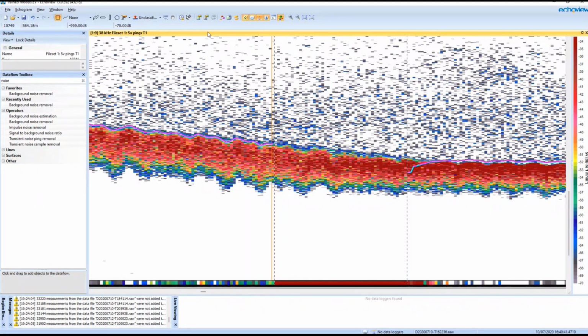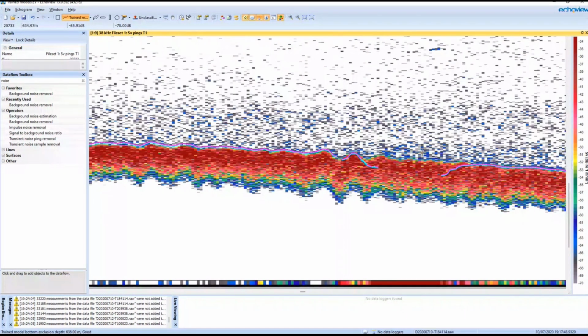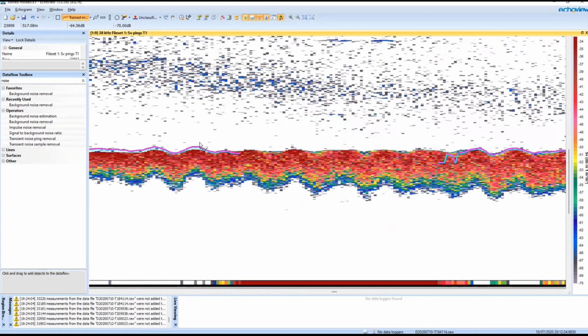I can very easily fix that by just doing a little edit across. In this case, because we're interested in analysing the schools close to the bottom, I can just draw my line across there and fix that problem instantly. Again, it's a little gap here, draw across, fix the problem instantly again, and so on. And we just have to do this a couple of times in this EV file. While there's still a little bit of editing to be done, even with this new approach, it's a lot less than the editing, especially with the trade-offs that you needed to make with the old algorithm.